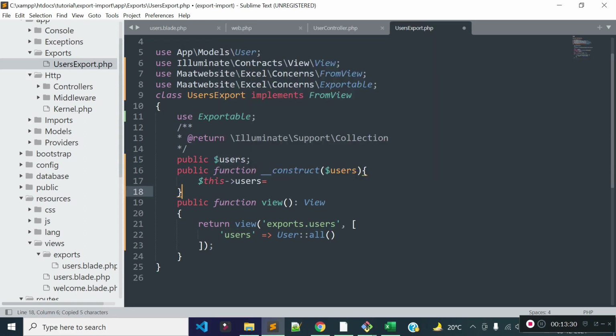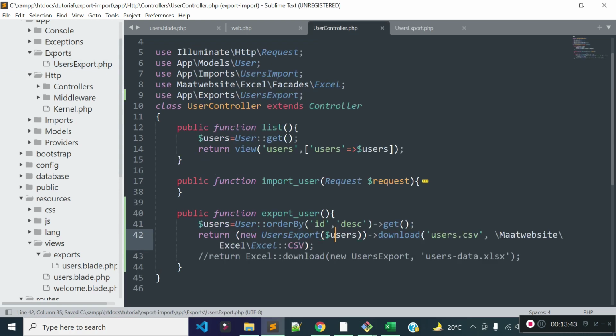This users is equal to the users data we are getting from the controller. And now instead of this data, I am going to pass these users, whatever data we are passing from the controller.